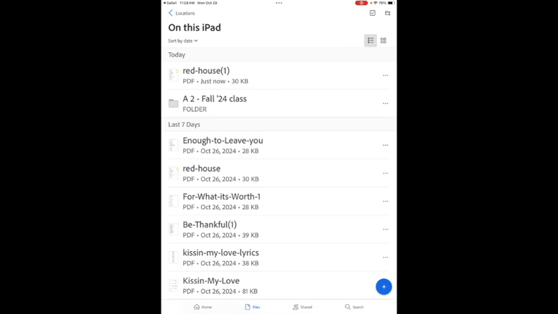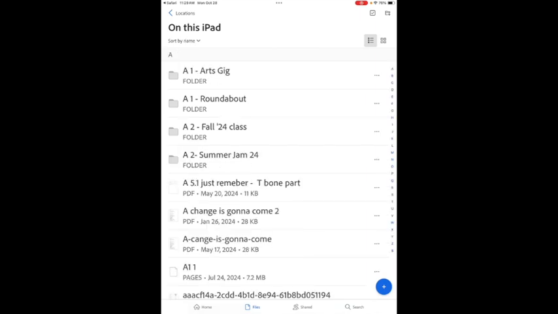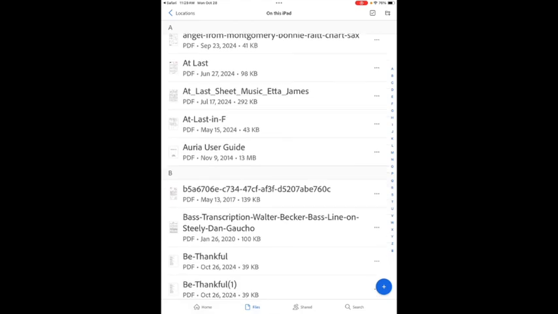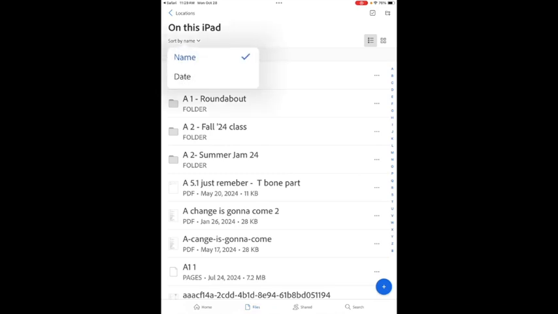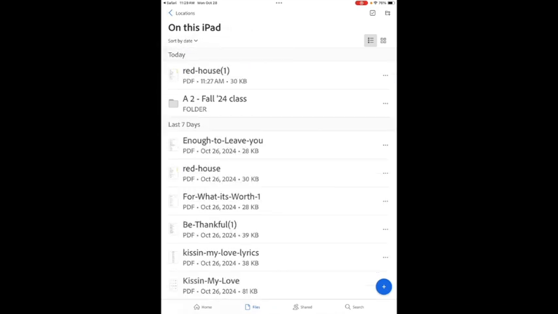The next quicker way of doing it is if you go to the three dots on the right side of Red House. You can select that immediately here. Before I do that, if you can see the title on this iPad, I have it sorted by date. If I took that off and put up my name, it would be forever, at least for me. I have 10,000 charts in here, and I'd have to try to locate it going down to it. So I'd rather have it by the date instead of the name. There we go. So that's the ones we're working with. I go to the three